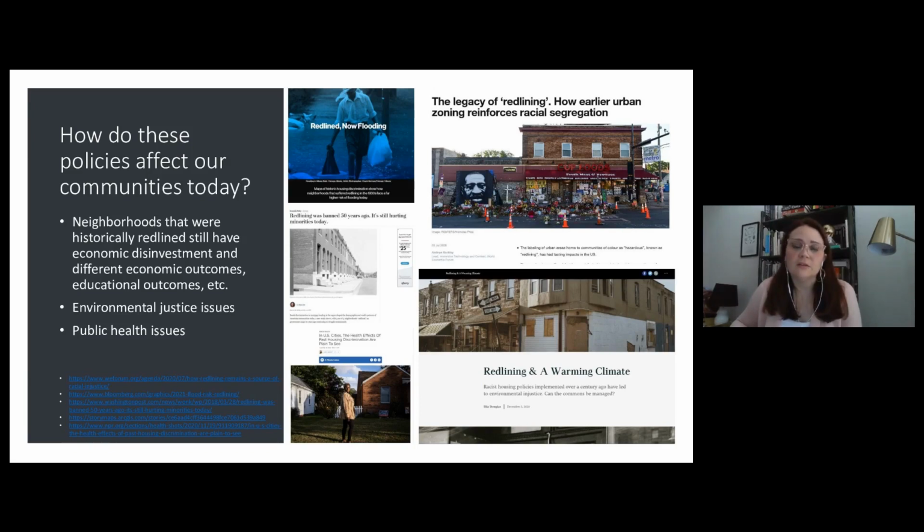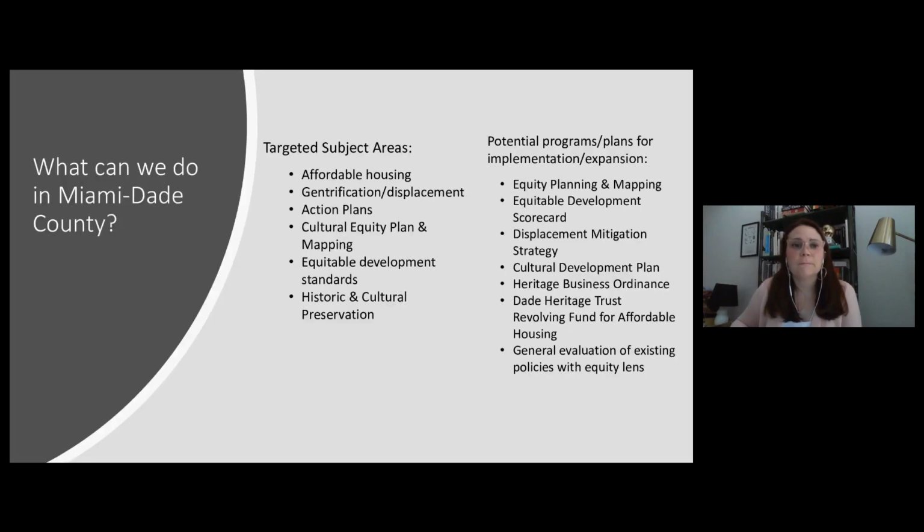The legacy continues. So without understanding the history and why these things happened and why they're still impacting our community, we really don't have a good place to start. So we really need that foundation in order to understand what we're doing. And I think all communities, regardless of size, this is something you can look into and understand. So these are just some of the ideas that we've been looking at as far as the larger planning issues.